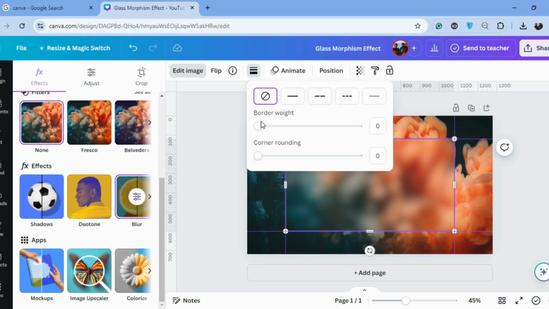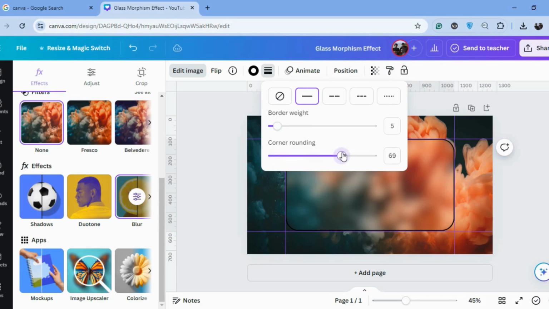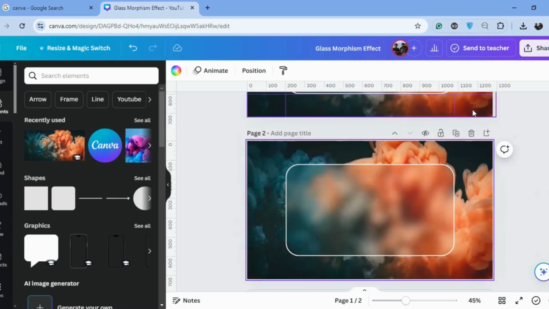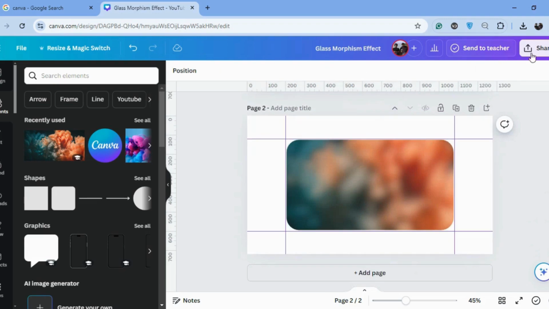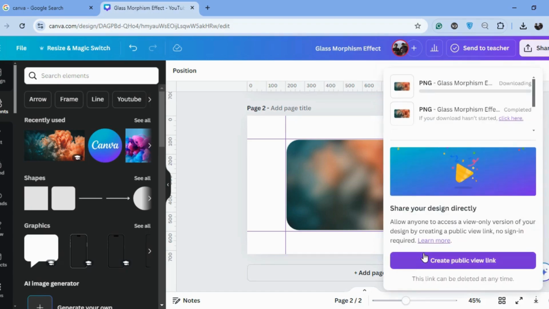Now we will increase the border. Now we will increase the border weight, and we will round the corner of this. Change the color to white. Now we will make a copy of it and just remove the background of this image. Now we will download this as a PNG, as a transparent background,